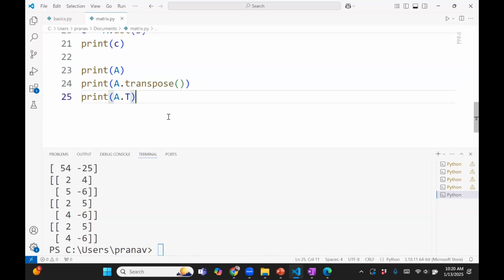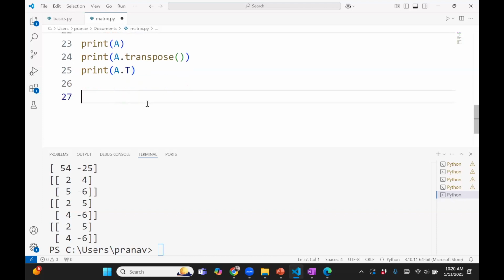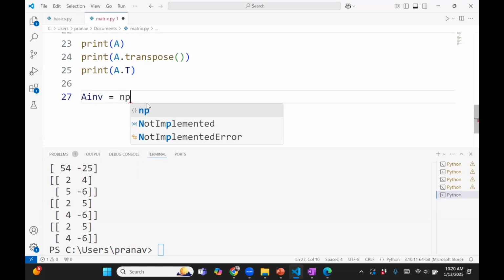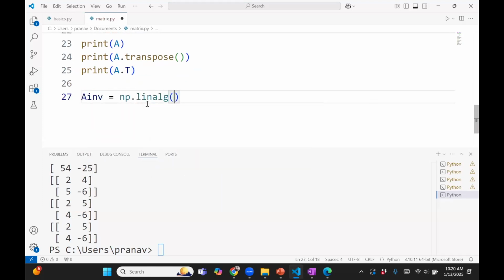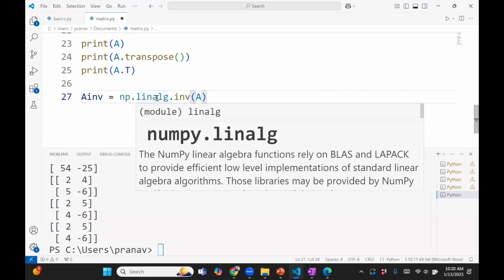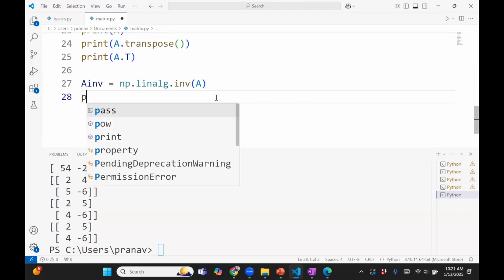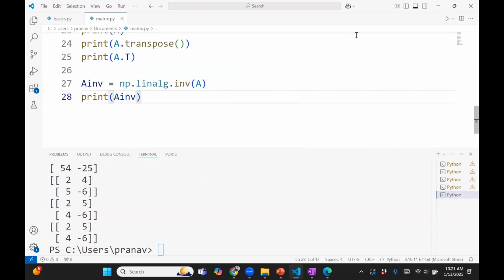We'll also compute the inverse, np.linalg dot inverse A. So this is basically in NumPy there is a linear algebra function. I think package would be the wrong name. It's basically a function in NumPy and that function has a function which basically does the inverse. So if you can see the output,